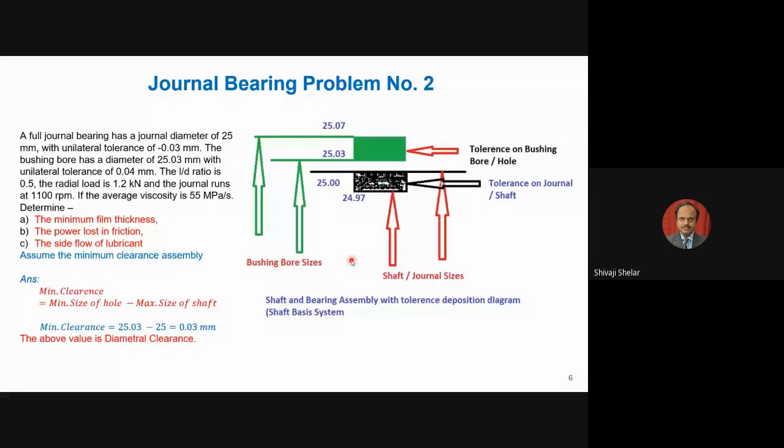This diagram I have just drawn for your explanation purpose. If you draw it in the examination, it is well and good. If you don't draw it also, no problem, but you have to write this calculation properly. Sometimes you have to refer to the tolerance disposition diagram or tolerance chart in the PSG data book. The data book has a tolerance chart in a separate chapter. So you have to refer to the limits and fits tolerance chapter and do this calculation if the fit is designated here.